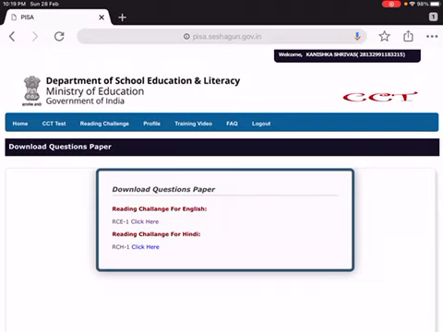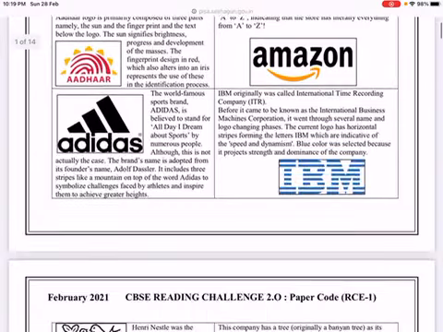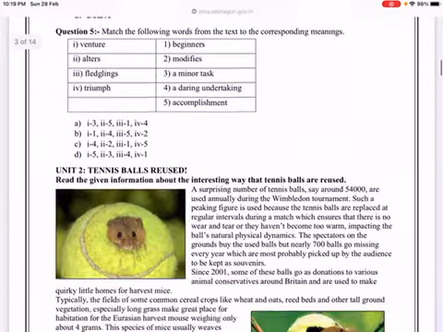You can download either the reading challenge in English or the reading challenge in Hindi. I am just clicking here for English. You just see the question paper. This is the question paper. There are 14 pages,